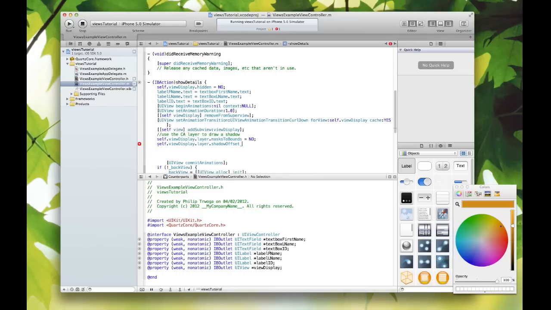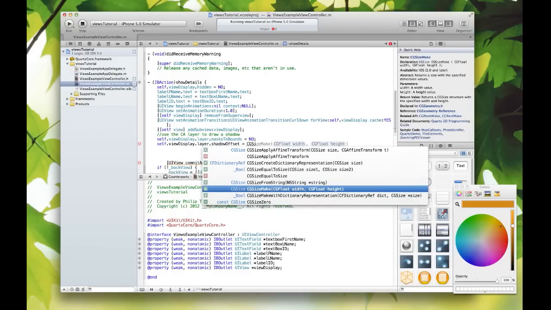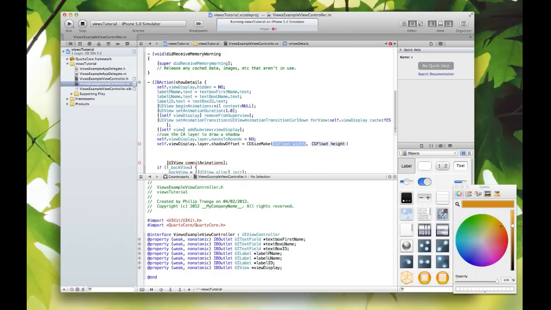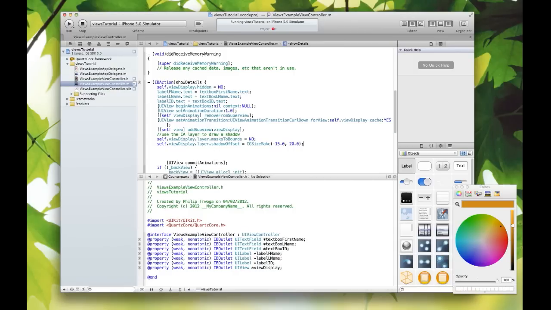I'm going to make that equal to, it's actually a CGSizeMake. We're going to do minus 15.0 and 20. Obviously feel free to experiment with these, and that's something you should do once you've completed the tutorial, is to experiment with all these values. Make sure you can see how they work. Self.view display on the layer,